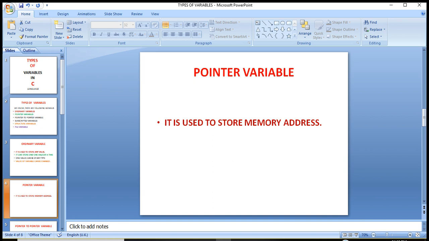We can store any memory address into this variable, but it will store only one memory address. And it will always store a memory address, nothing else. If we store any number, then it will consider it as a memory cell number.